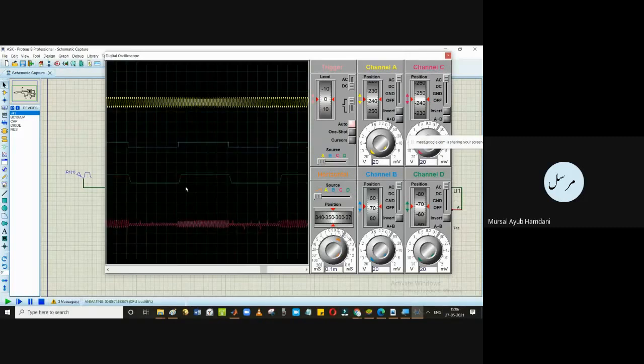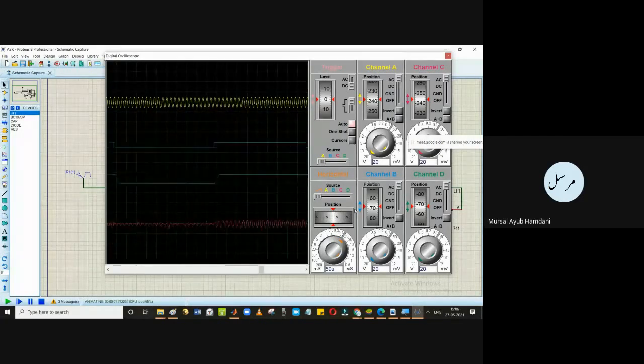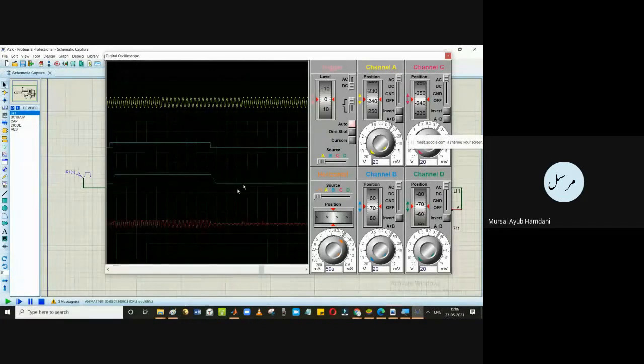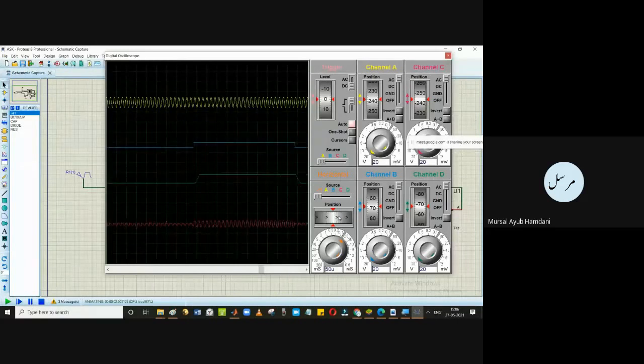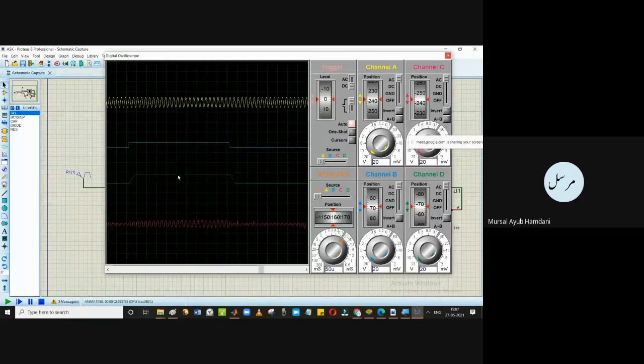You can see one minor difference, if I can just stop it somehow, or let us keep it like this. You can see that it is taking some time. You can see the charging and discharging time. This shows that the demodulated signal has a capacitive effect of charging and discharging, and this is the FSK signal. So any doubts in this?